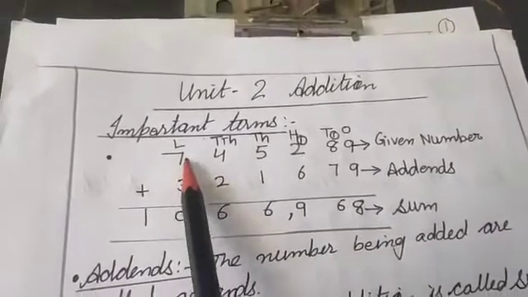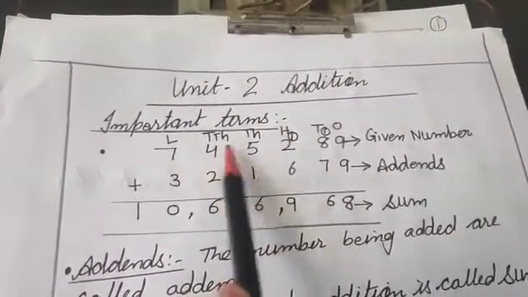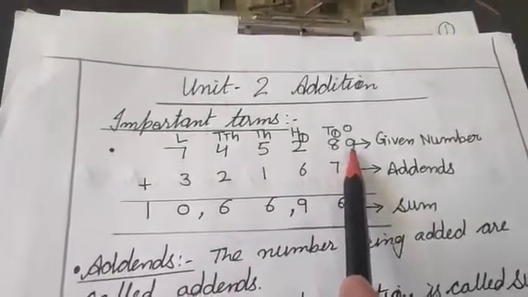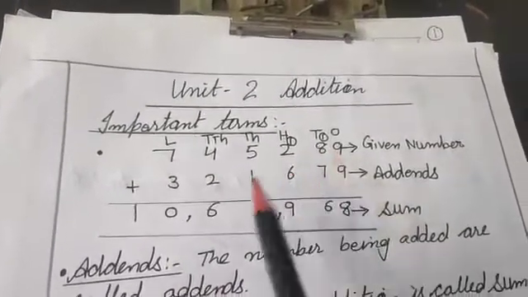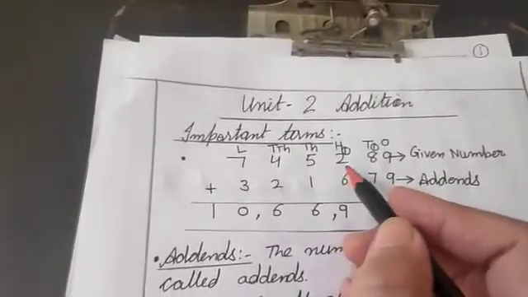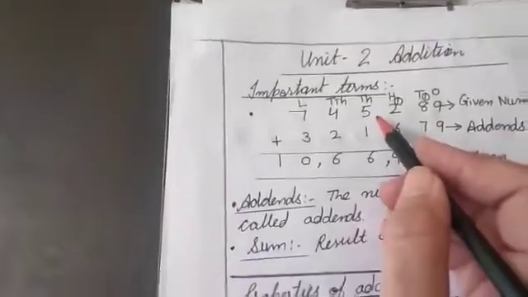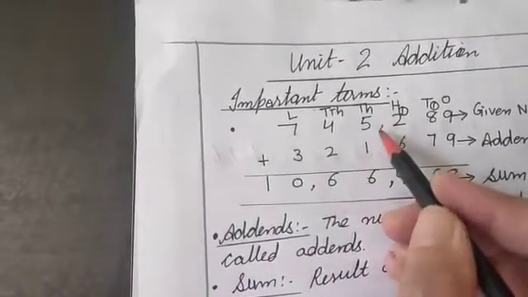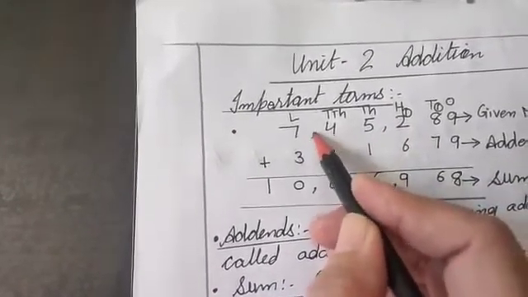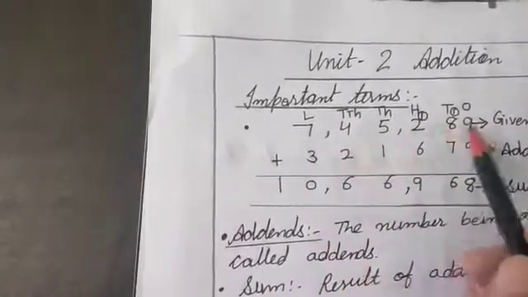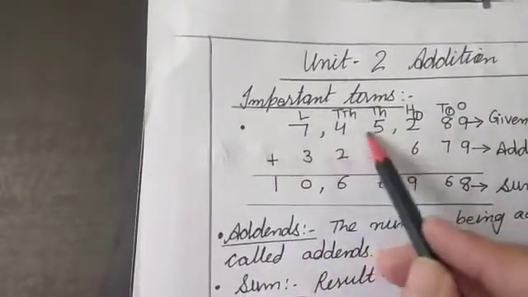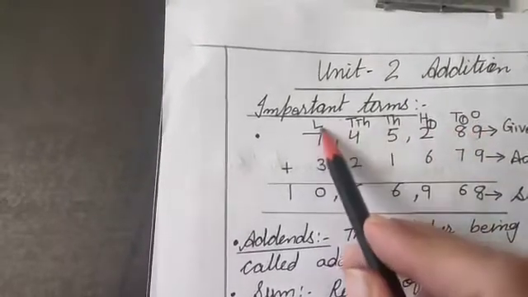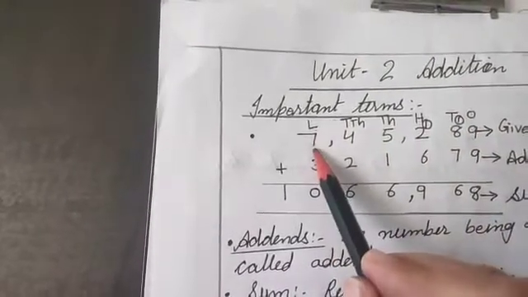First, the digits are 7, 4, 5, 2, 8 and 9. How can we read these digits according to their periods? Firstly, I will mark the period by leaving 3 digits, and I put a comma here, and after 2 more digits I put a comma here. So this is ones place, this is thousand, this one lakh. And I have marked the places here also.